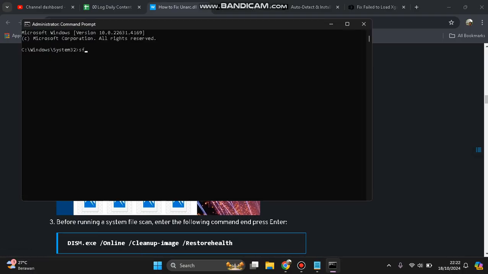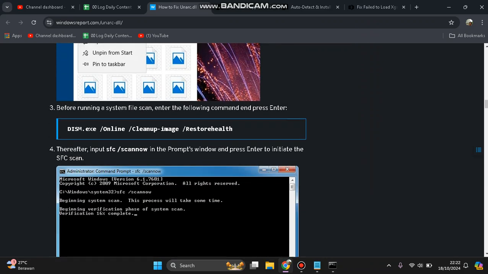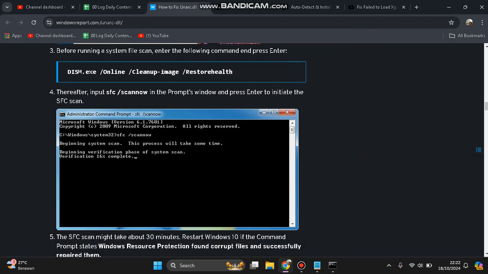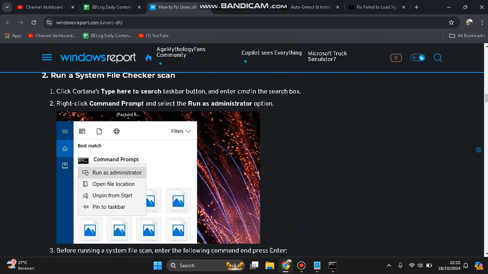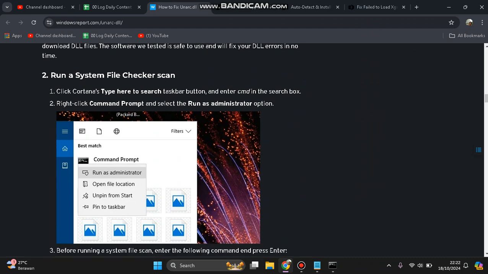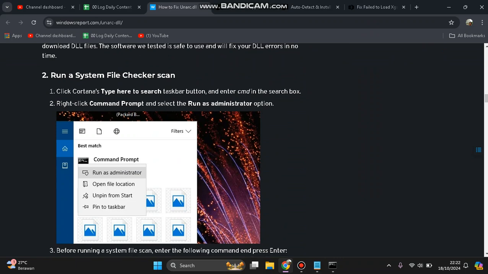Here you can click yes and try to type sfc /scannow. Then you can press enter to fix any missing file or corrupted file on your system. So I hope you can restore the Unarc.dll error, Unarc.dll files. And also you can try to reinstall your game,